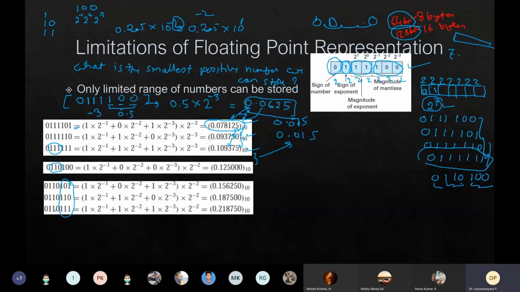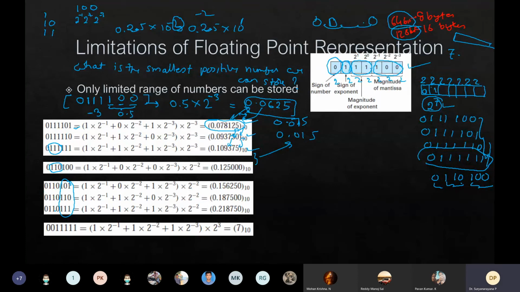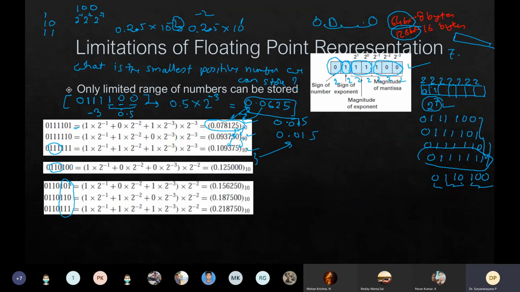And next one, if you want to keep going, again, the next mantissa is going to be 0, 1, 0, 1. This is -1 exponent. See, we did it with the -3. First of all, the smallest with -3 exponent we have done, -2 exponent we have done, and -1 exponent. Again, you go through all the mantissa.